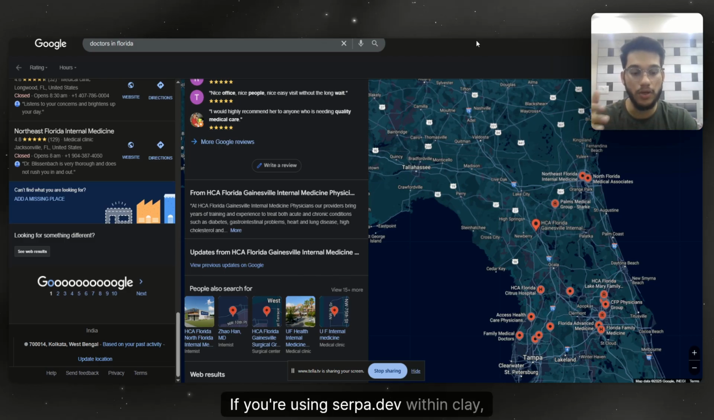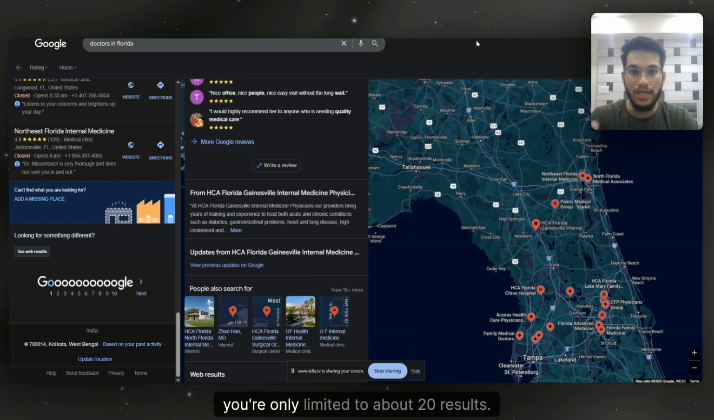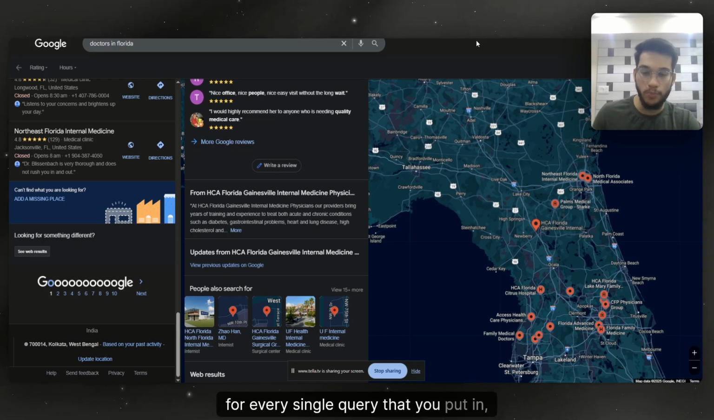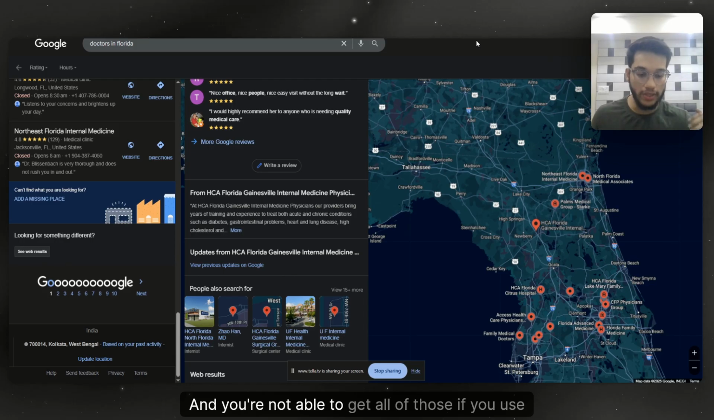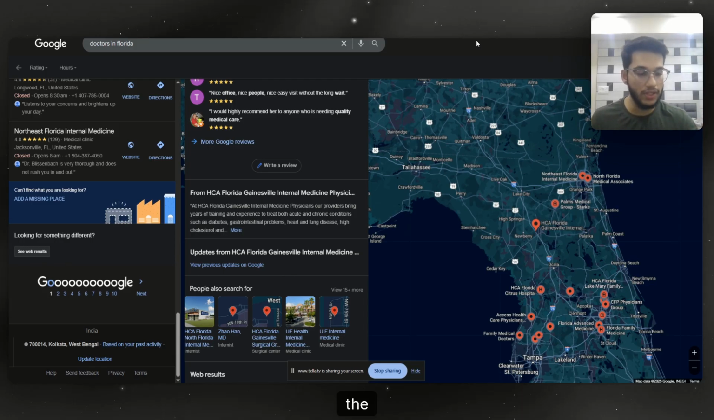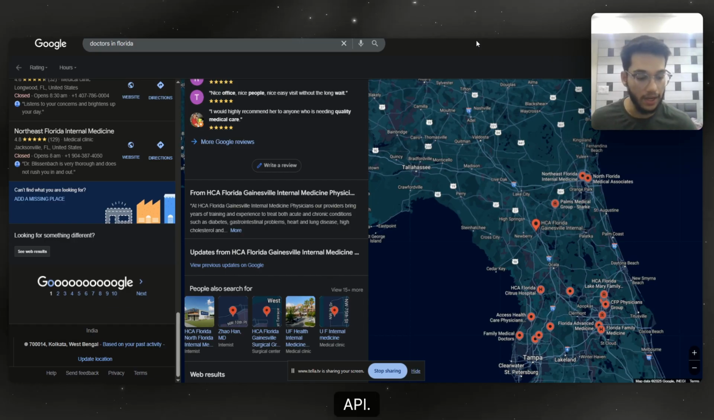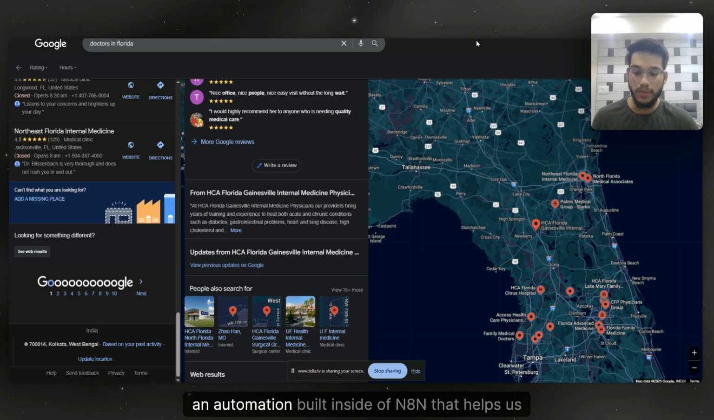If you're using Serper.dev within Clay using HTTP API, you're only limited to about 20 results. So for every single query that you put in, there's going to be at least 100 or 200 or definitely way more than 20 results, right? And you're not able to get all of those if you just use Serper.dev within Clay using HTTP API. So what we do instead is we use an automation built inside of n8n that helps us with